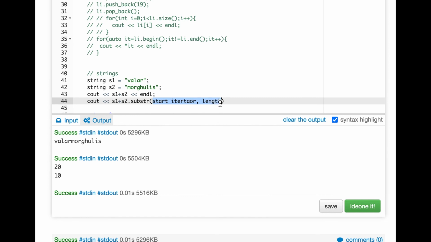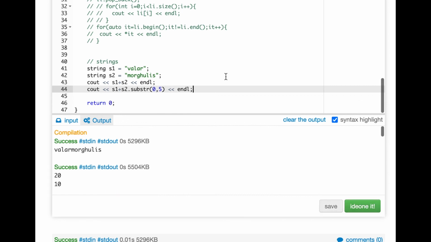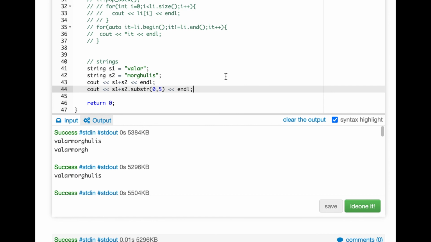So here if I give 0,5, this will print the first 5 elements. Now let us just try to run this. Okay, so if you see, we are only printing the first 5 elements here, morgh.